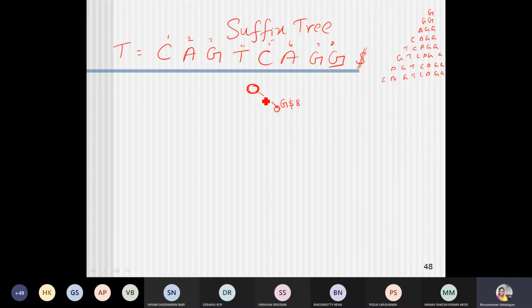The next suffix is G G. I already have G, am I right? So I'll have another node, which is also going to be G, and it is available in number 7.